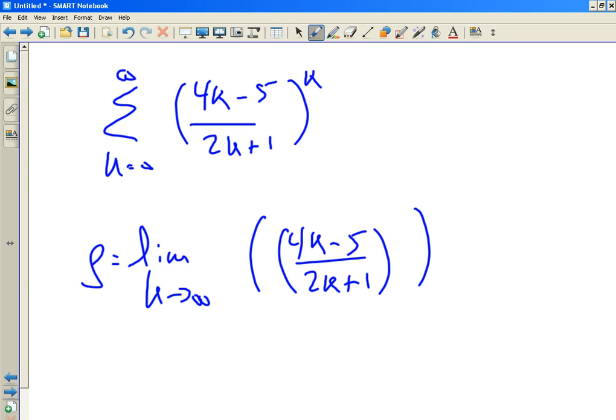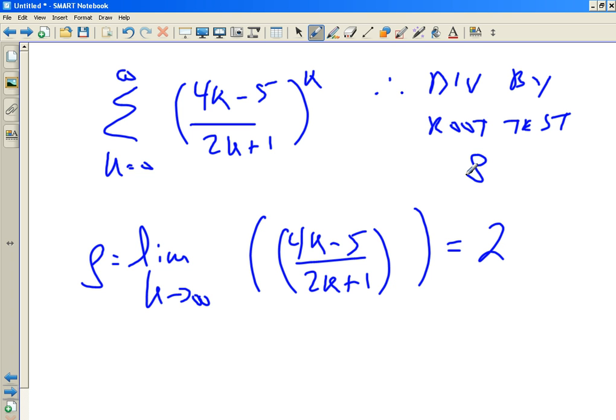Well, guess what? Is that top heavy, bottom heavy, or equal degree? It's still a rational function. So it's still L'Hopital. What do you think the limit is? 2. So what does that tell me about the series? Therefore what? Diverges by root test, because rho,